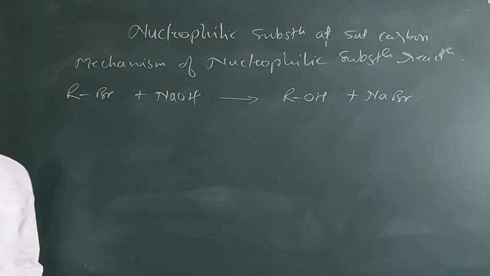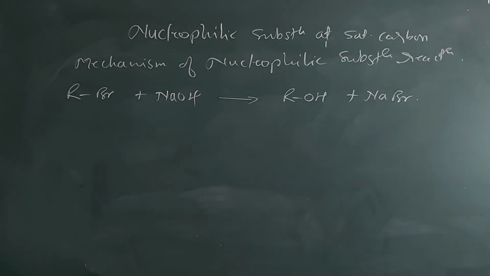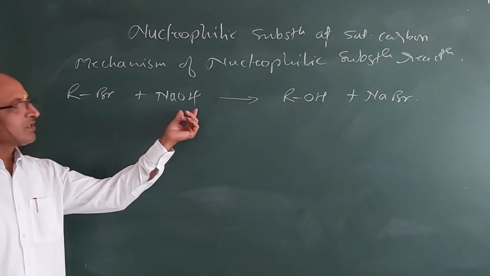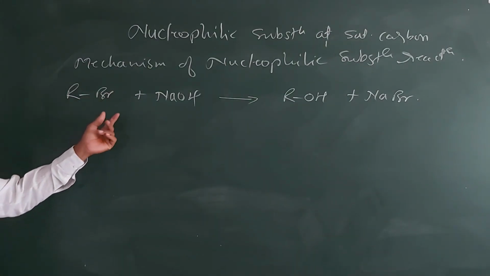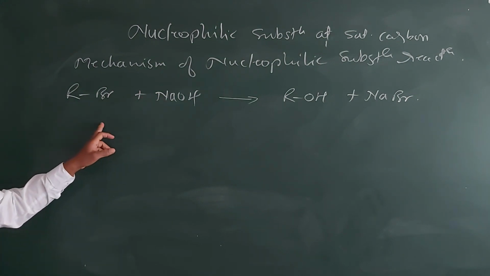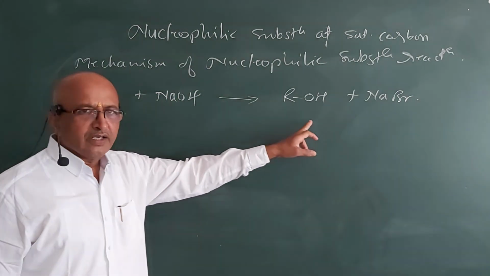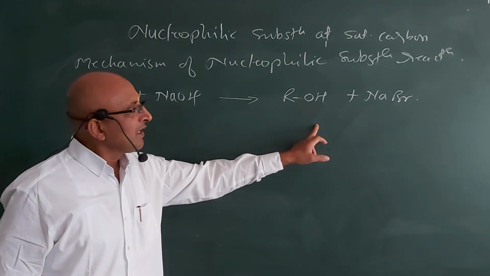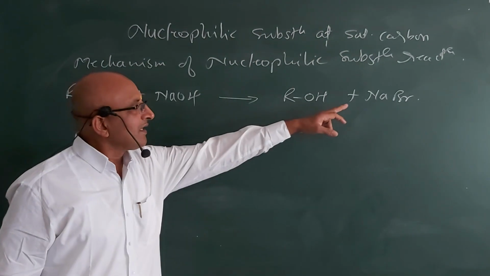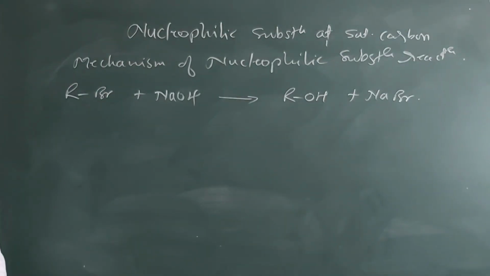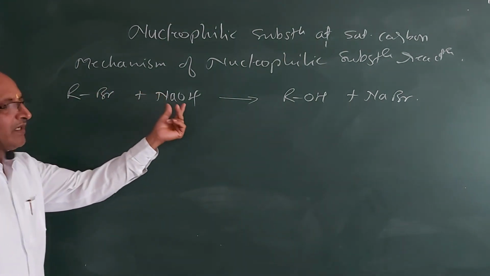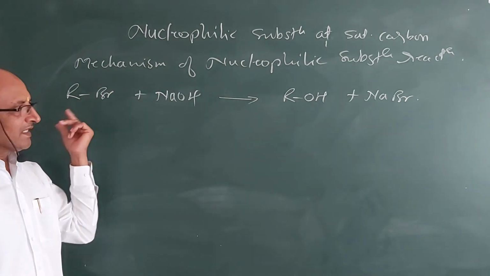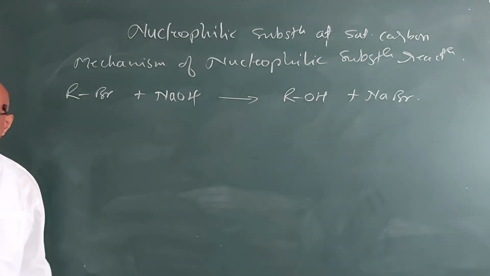And so as we studied in this reaction, here NaOH gives OH minus as a base. This is the substrate molecule. Br acts as a leaving group. So OH minus replaces Br and you get the alcohol as a product, and the leaving group is set free. This Br minus is a weaker nucleophile than the OH minus. That's why the reaction proceeds and you get the product.